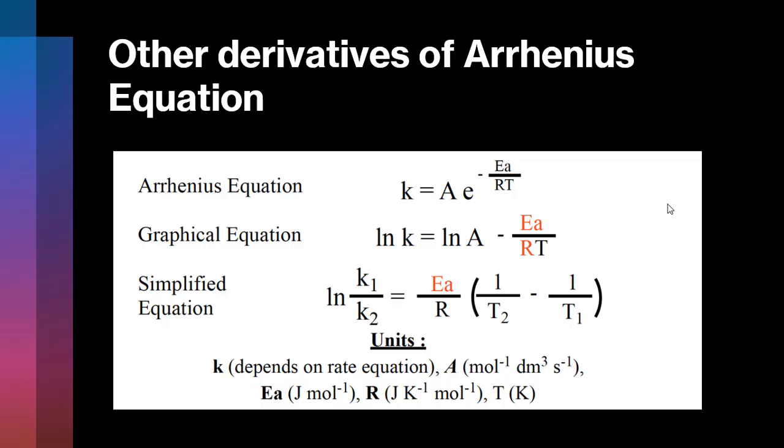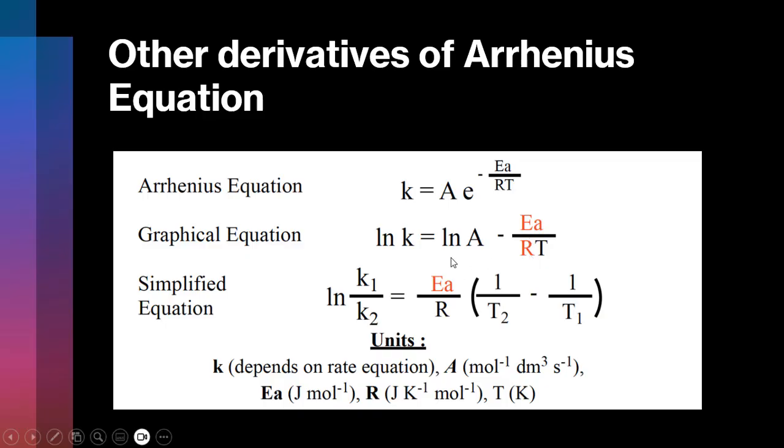The Arrhenius equation can be arranged in several useful forms. If we take the natural log of the Arrhenius equation, we can get this graphical equation where the ln of k is equal to the ln of A minus E sub A over RT. Again, we can fit this to y equals mx plus b, which if we plot the ln of k versus 1 over T, we should get a linear line, and the slope is then going to be equal to negative E sub A over R, which means experimental temperature and rate constant data can be used to determine the energy of activation.